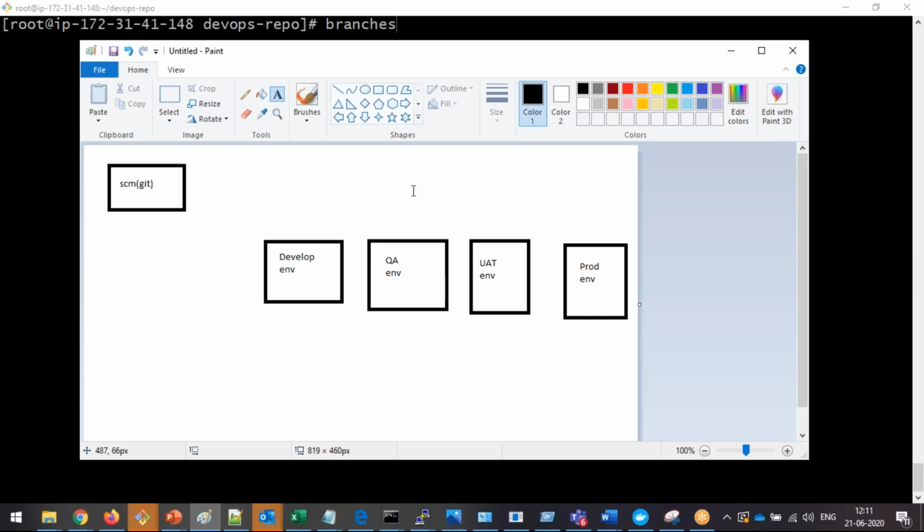The first level of validation will be on develop, and the second level will be on QA, quality assurance. So again, we are going to take the code, build the code, and deploy the code into the QA environment. On the QA environment, you are going to perform the second validation. If everything goes fine, then we are going to